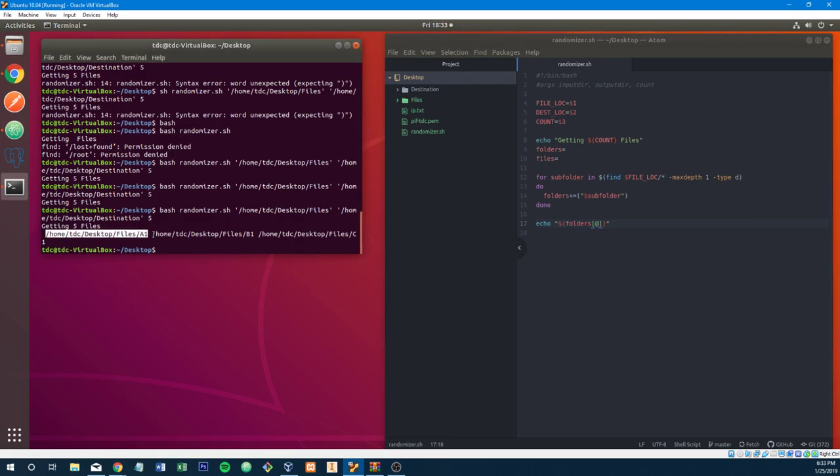It's 3 items in the array, which is the system location of our subfolders. This is exactly what we need. So there we go, we're doing all right now. All right, we're back on track. Sorry about that small